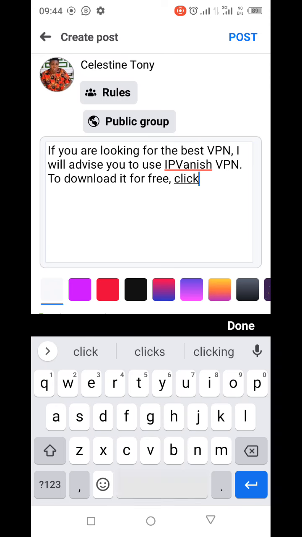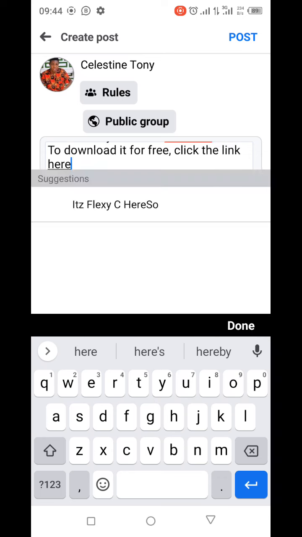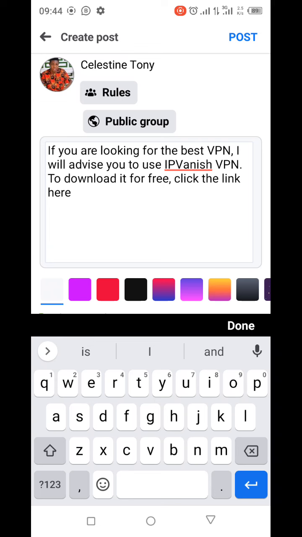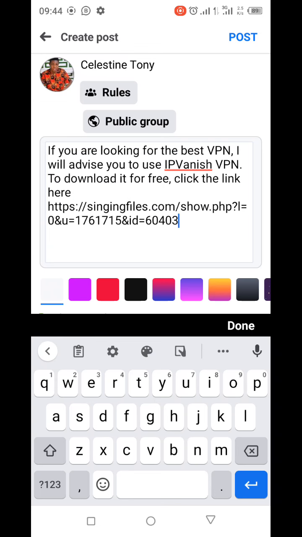Click the link here. So you can just write something like this. So, okay, after that you then paste the link. So this is the link. So when they click this link and download this IP Vanish VPN for free, you're going to be paid $2.83 instantly. So when you're through with that, just